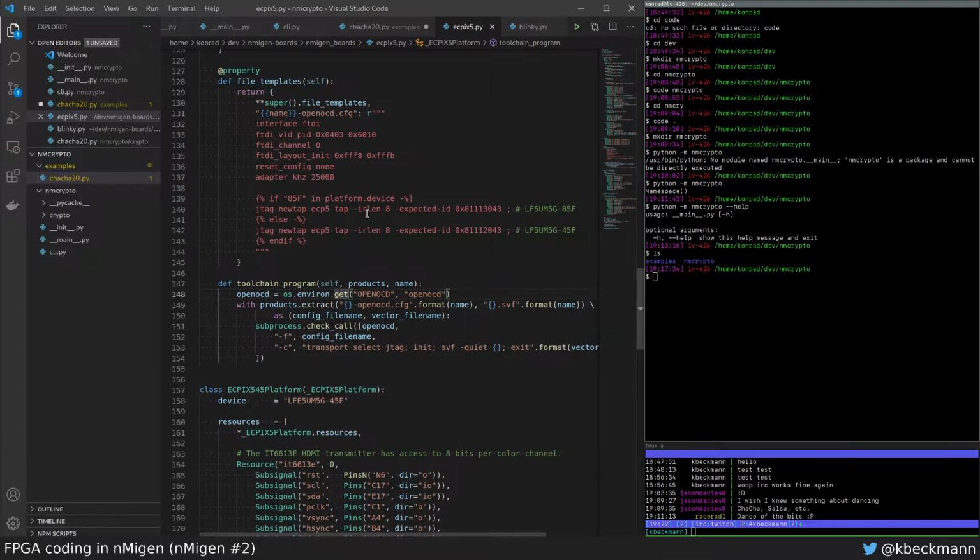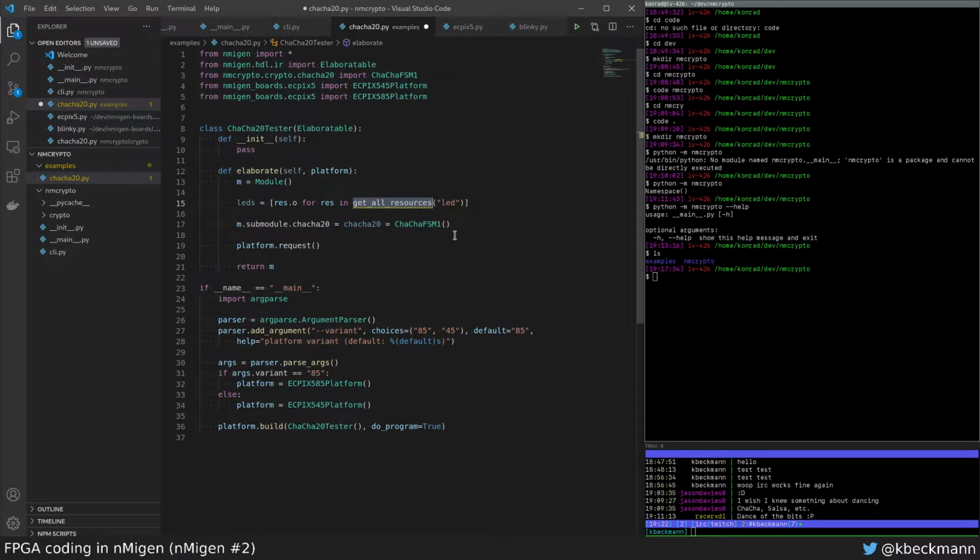I guess it's enough to just have one LED. This will be way more simple. We do like this. And then we do